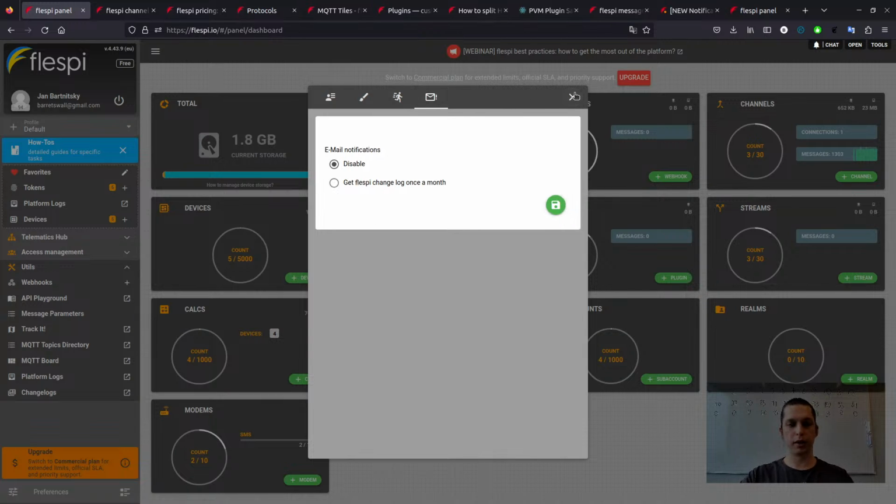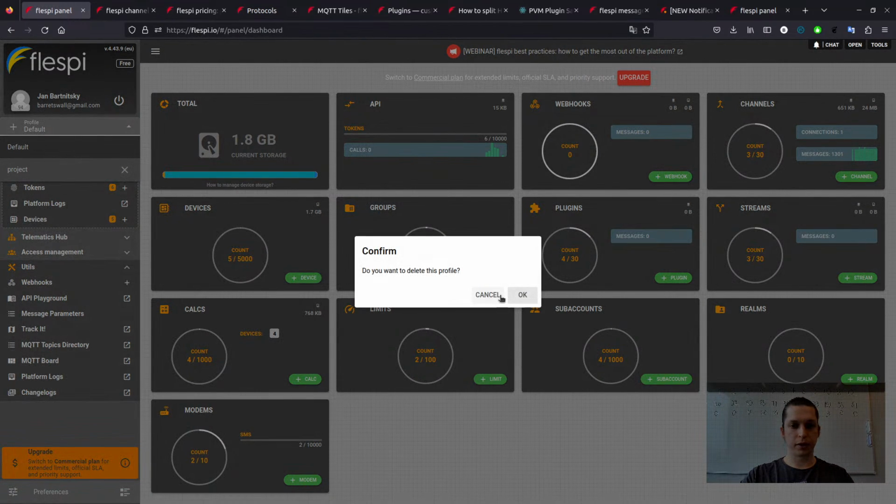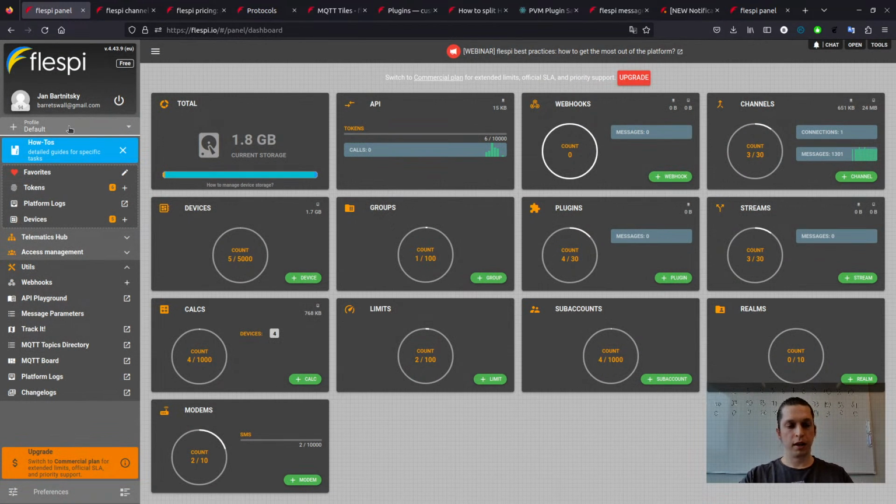You just need to know that this is clickable and you can tune it. The next interesting stuff is about the profiles. So for example, you have some project where you need to have some access for certain instances. So you create a profile for this project